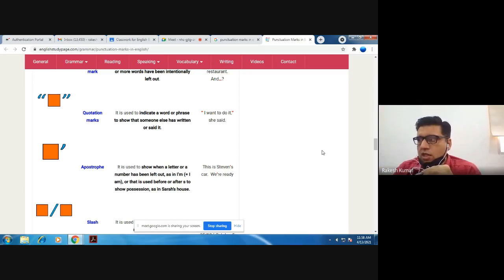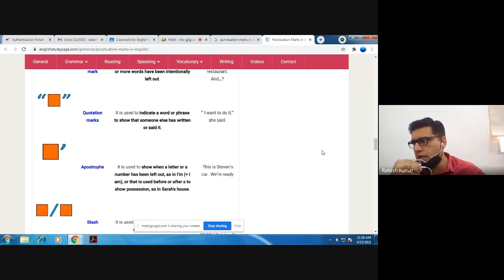So there's a car over there, and we have four or five people who do not know whose car is parked there. At that time we can use in writing, "This is Stephen's car." Stephen is a name. So what we do here is apply an apostrophe, and then we add S with it. Then we write the thing you want to correlate. It could be a car, a dress, a watch, a bat, a ball, whatever you feel like. So that is what we call apostrophe.